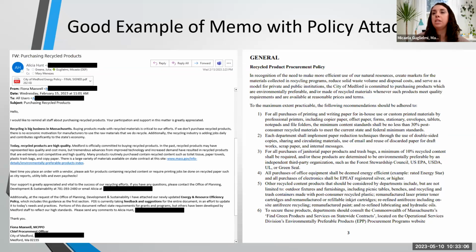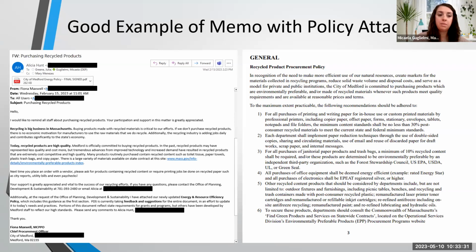So this is actually the city of Medford. The first screenshot is their notification in an email form sent from the CPO, dated in the fiscal year, sent to all users. And that first paragraph says there's no economic motivation for manufacturers to use raw materials. We have sample wording. You could use wording like that. And your memo doesn't even have to be this long.